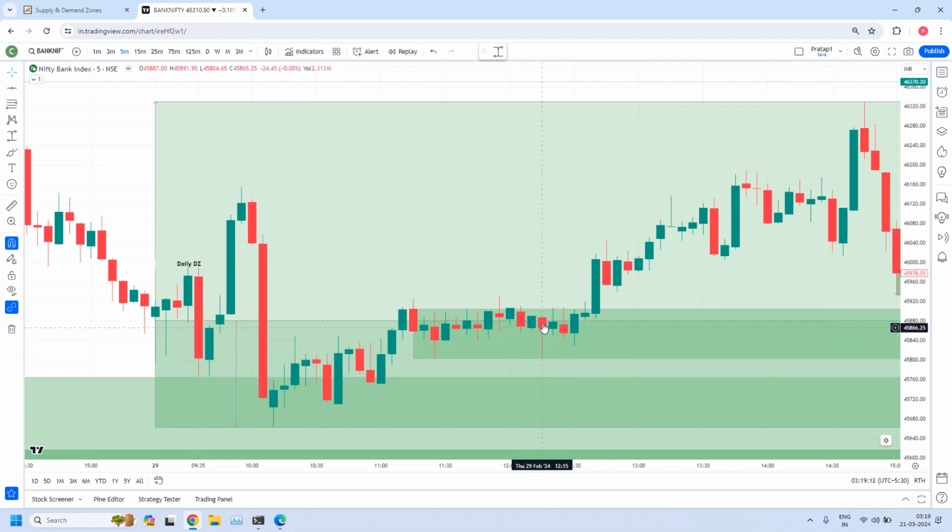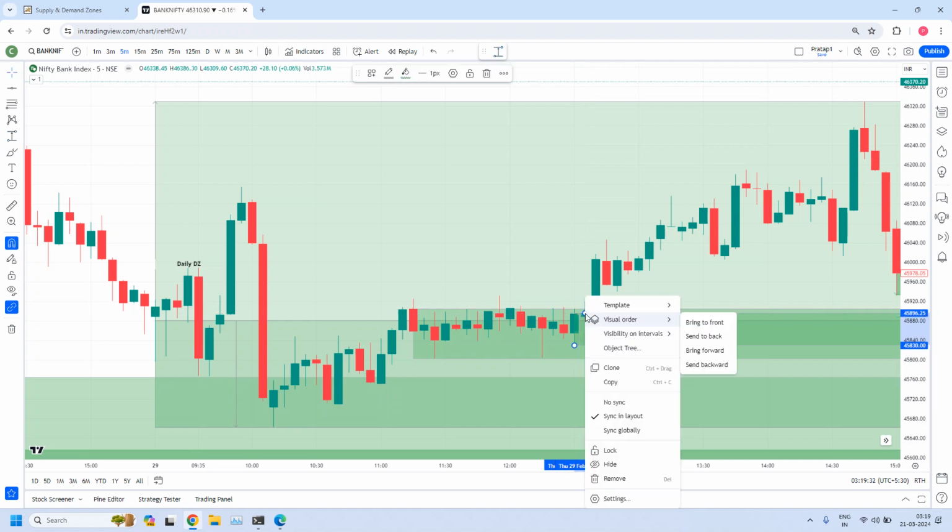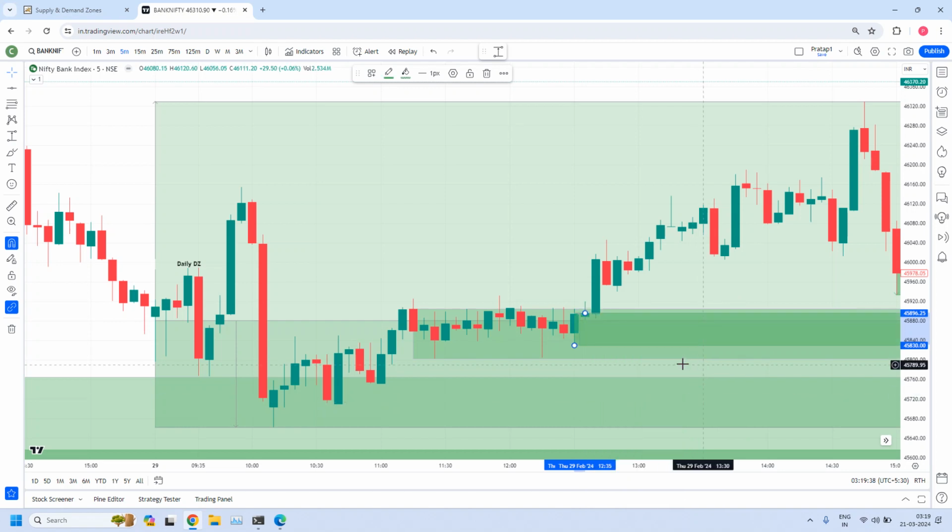This is your leg candle. ERC candles can be used as leg-in candles. That is what I explained in your training program. Next we have 1, 2, 3, 4 base candles. Now you draw your 5 minute zone. This is a fine-tuned 5 minute demand zone.